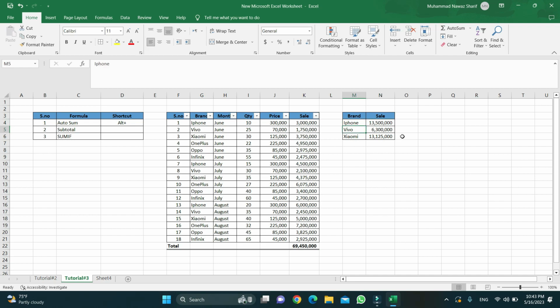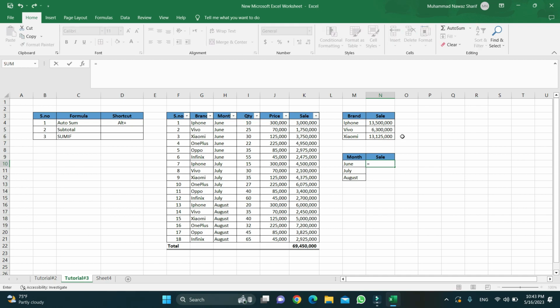If I want to get the summation for 3 months, for example, there are only 3 months, or want to know the total for each month, what will I do? I will again use